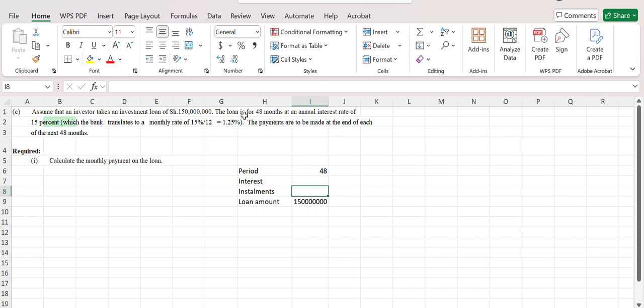The loan is paid for 48 months at an annual interest rate of 15%. So the interest rate is 15%,